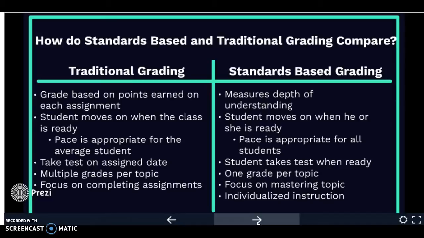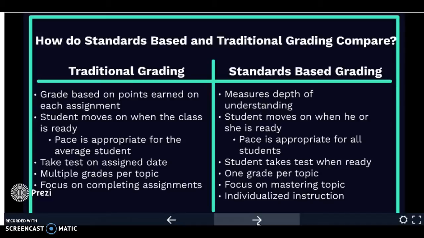Traditionally, the teacher sets the pace for the class, but with standards-based grading, students have more control and they can work at an appropriate speed for them. In traditional grading, students take tests on a specific day regardless of whether they have completed the work needed to prepare them for that test. Standards-based grading requires that students complete all their prior work before testing, and students can dictate when they are ready